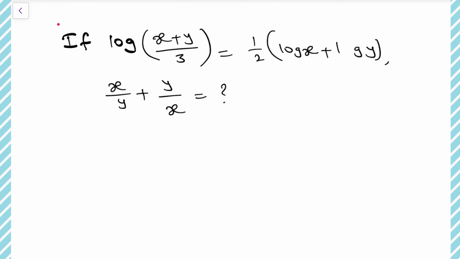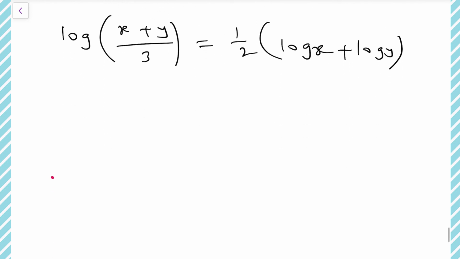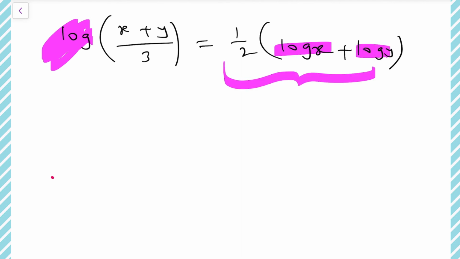So if we take the first equation what he gave, log of x plus y divided by 3 equals half into log x plus log y. Left side, if we observe, here log is completely outside of the remaining terms. I mean remaining alphabets or numbers, whatever it may be, so no problem. But whereas the right side, this log and this log are completely in between some of the numbers. So right side part we need to concentrate on.